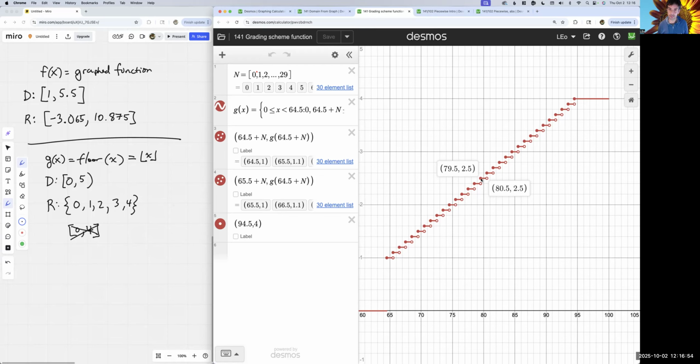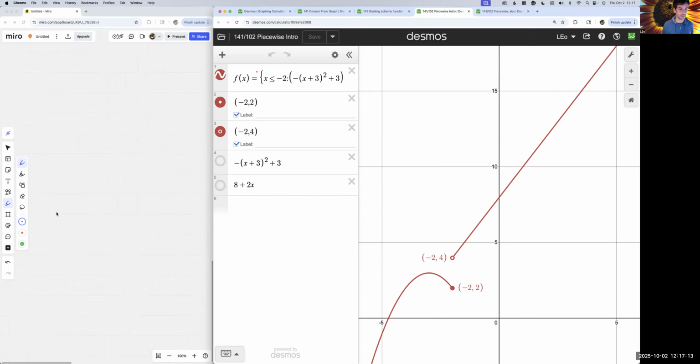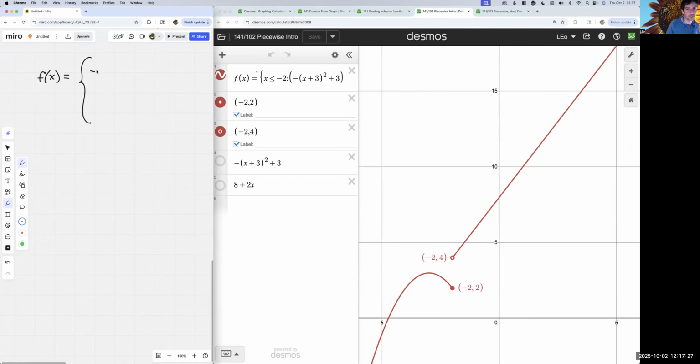And so we have the same kind of step function. But beyond that, these both belong to a class of functions that we call piecewise functions. So let's look at another, more common kind of piecewise function. This one here, let's make some space. It's a little hard to read in Desmos. They have their own way of writing them, but the typical way we display these functions, this function is negative (x plus 3) squared plus 3,